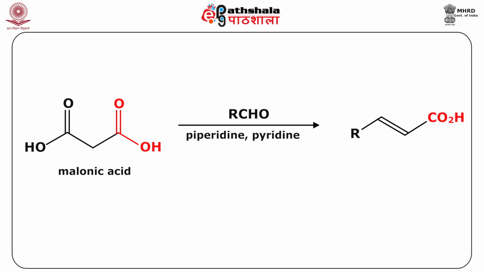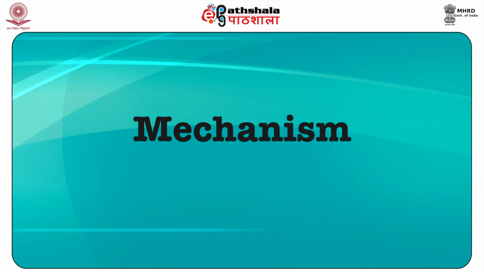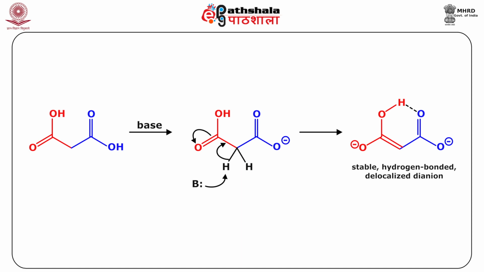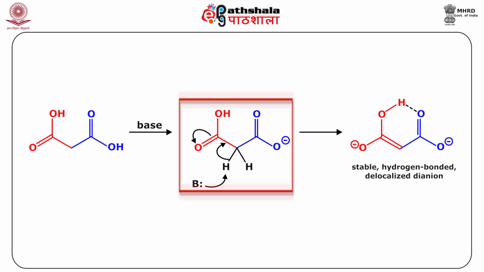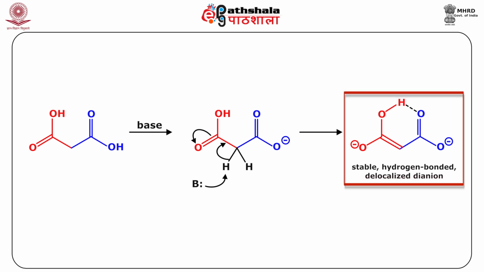When you have malonic acid, then it will be giving you directly the decarboxylated product rather than a diester and then hydrolysis and decarboxylation. So, this is the Doebner modification as you can see here. And if you look at the mechanism of this reaction, base abstracts the active methylene hydrogen atom resulting in enolate ion as shown here, and this enolate formed in this case is a dianion, notice that, and this is quite stable due to extensive delocalization and intramolecular hydrogen bond as shown here.